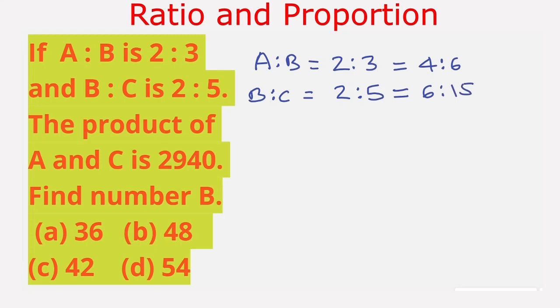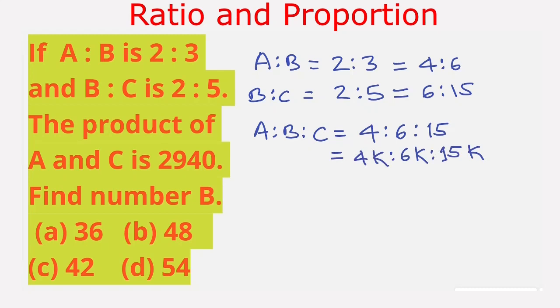Now here the value of B in both the ratios is 6. So we can write A ratio B ratio C equal to 4 ratio 6 ratio 15. This we can also write 4K ratio 6K ratio 15K. Therefore product of A and C, A multiplied by C equal to 4K into 15K, this is equal to 60K square,